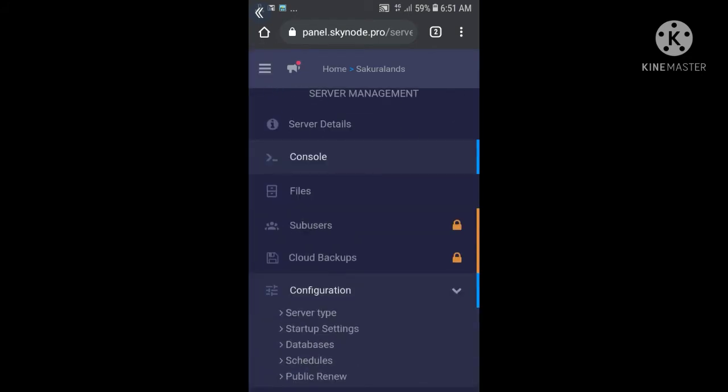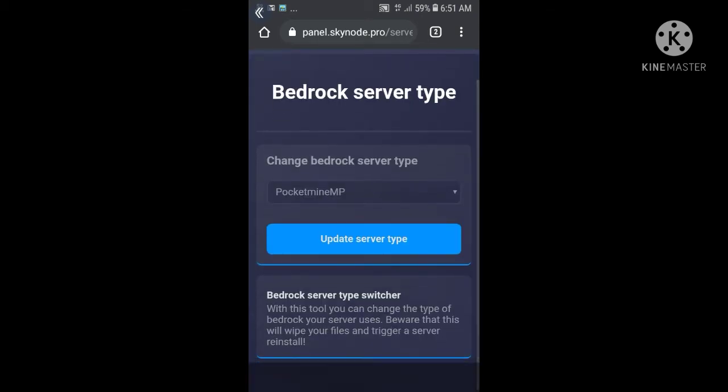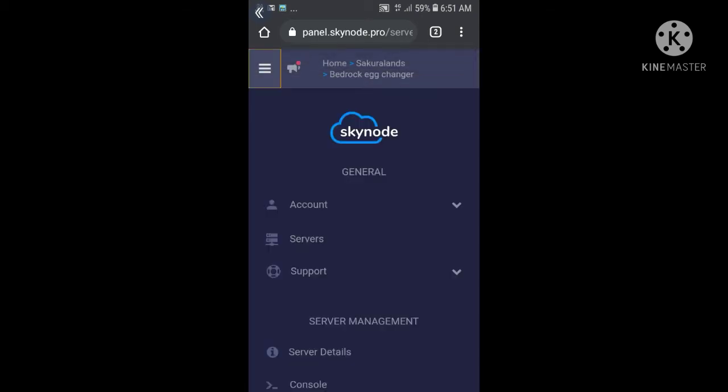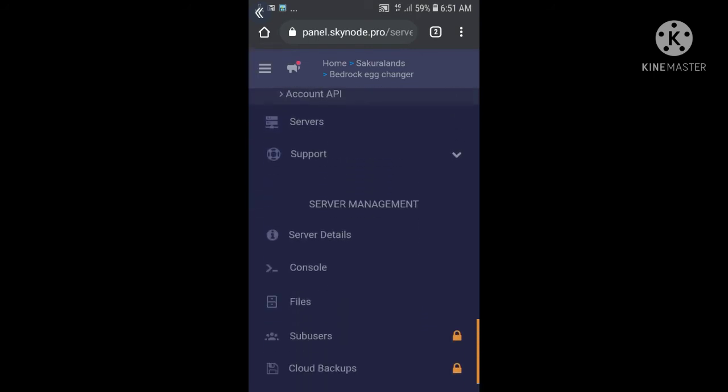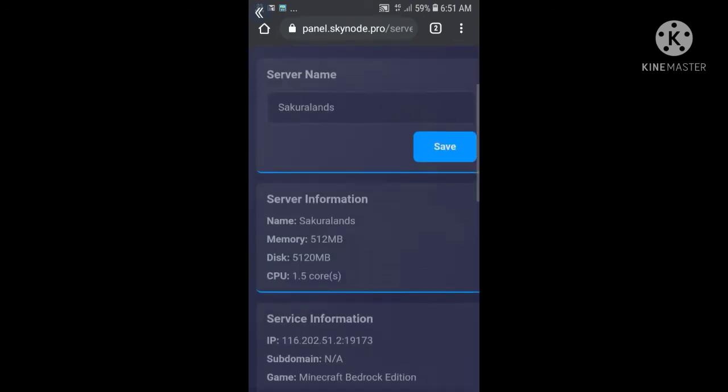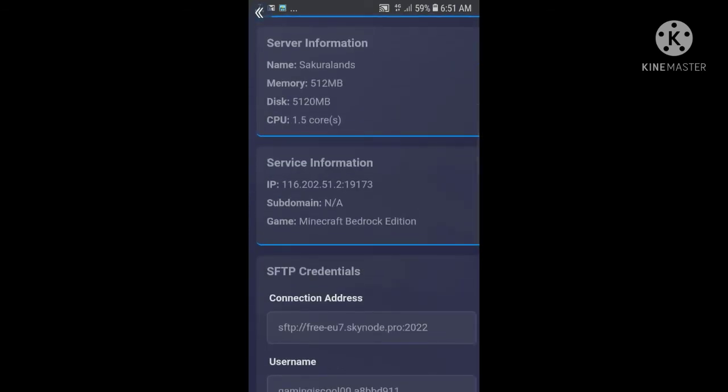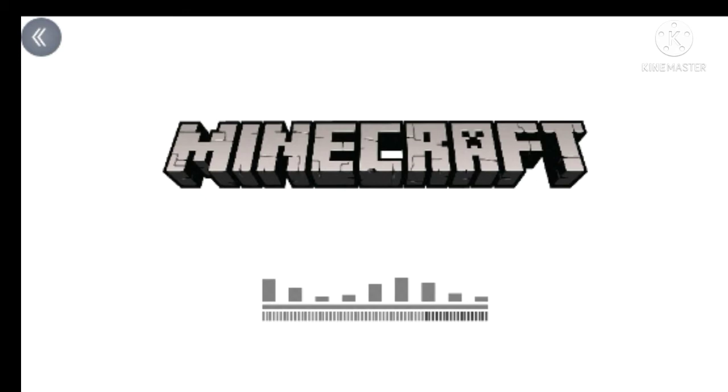So I'm gonna go to configuration and there I'm gonna see my server IP. Oh god, it's in server details. I forgot. Now there it says my server IP. So yeah.